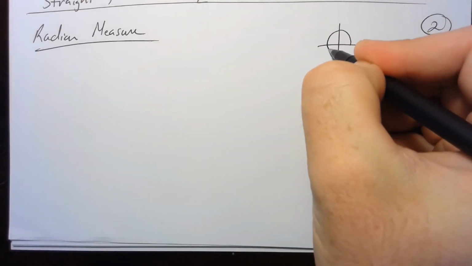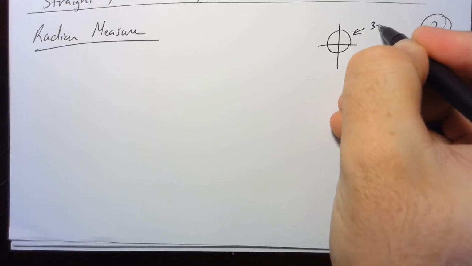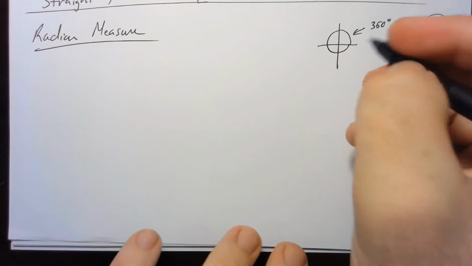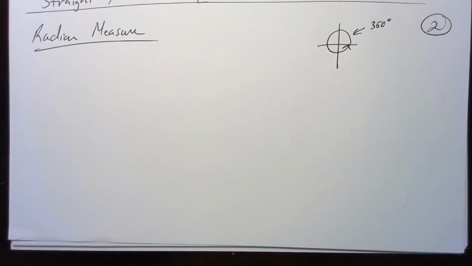Again, when we create a full circled angle, there are 360 degrees in that circle. Now, the question is where does that come from, and why do we say 360 degrees? That seems to be really arbitrary. Well, back in the day, 360 was not an arbitrary number. It came from the concept of how many days it takes to rotate around the sun.